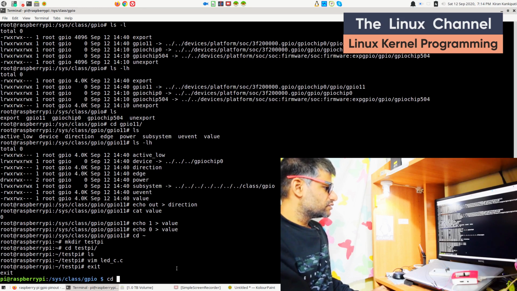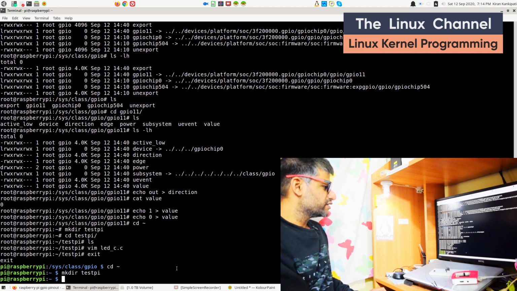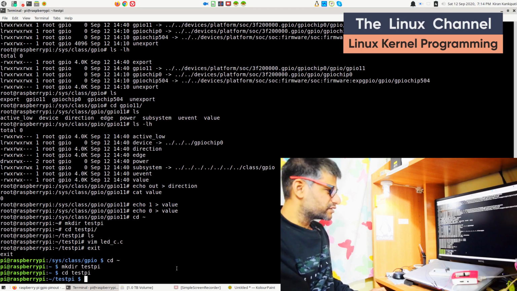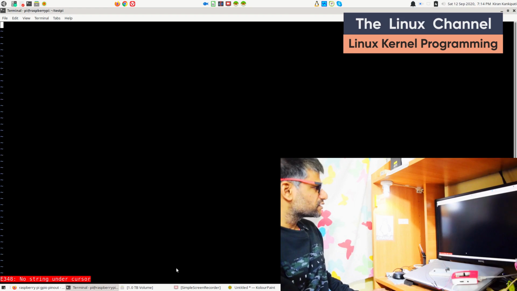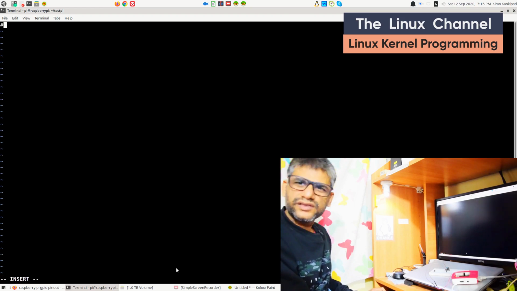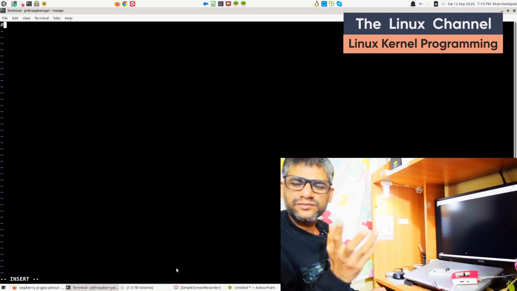Let me go to the home folder, mkdir test pi, cd test pi. I don't want to do this with root access. Let's see if it works as a normal user. Okay, vim led_c.c, and here if you notice,